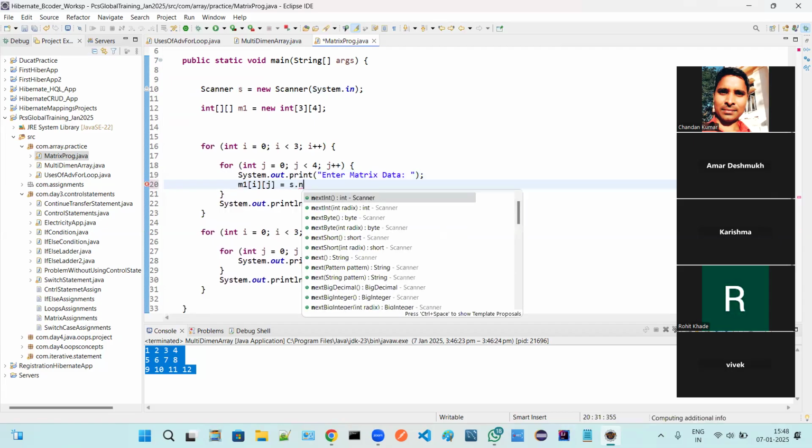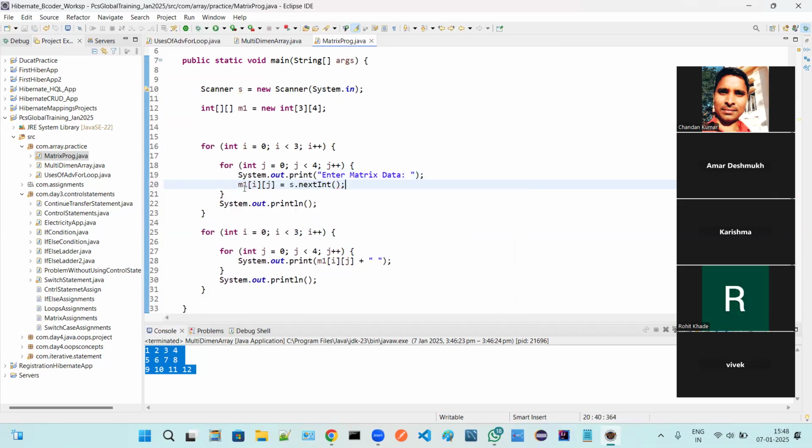Now the user will give the input, but if the user gives the input, we'll have to initialize that value or not? Definitely we have to initialize that, in this matrix. But I have written over here subscript. This is the row index, and this is the column index. In this row, the zeroth row, i equals 0, right? So zeroth row and j equals 0. Means at 0, 0, you store 1. Getting my point?